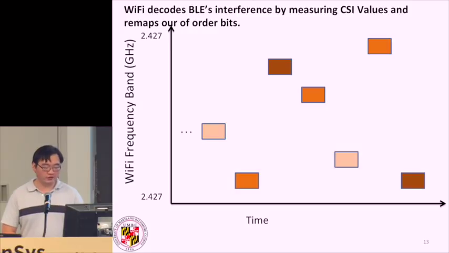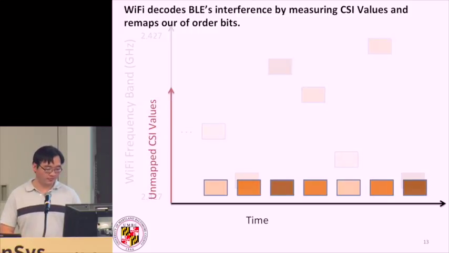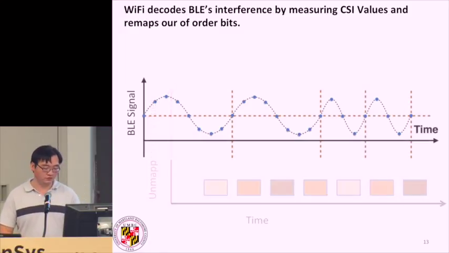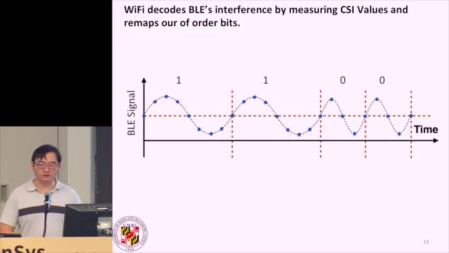So if we were to look at this, this is an animation. If we were to look at this, what the Wi-Fi sees, so the y-axis is time, so we're looking at over time, and all of our frequency bands which Wi-Fi occupies, you will see these different power levels of Bluetooth. We unmap it. We produce basically a single array of Bluetooth interference levels, and of course we produce the ones and zeros. It's a fairly standard scheme for demodulating FSK.